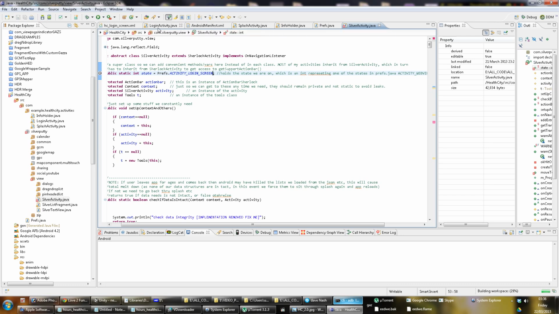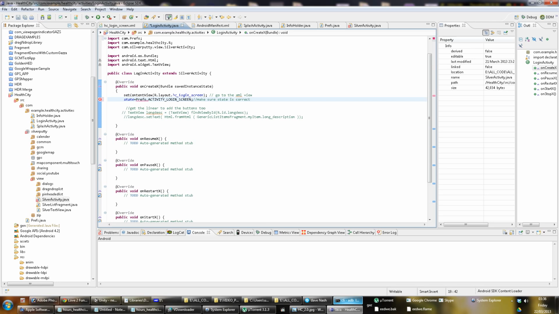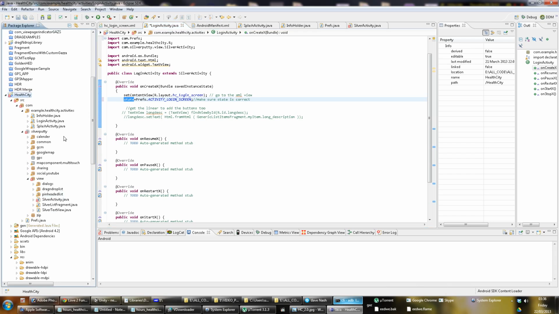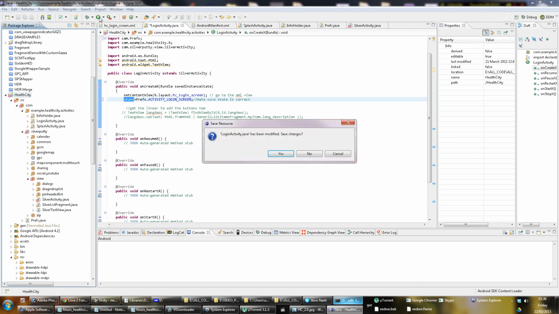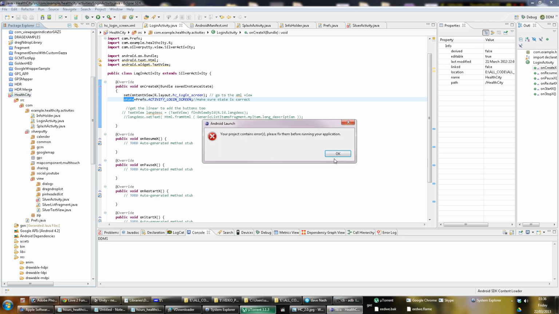So let's go back to the login activity. That's the last thing I want to do before I compile it. I keep track of the state myself, so just give it the correct value, and state is actually declared in Sherlock activity. So that should technically load up, display my splash screen, and then show the login screen. Nothing ever works first time, but